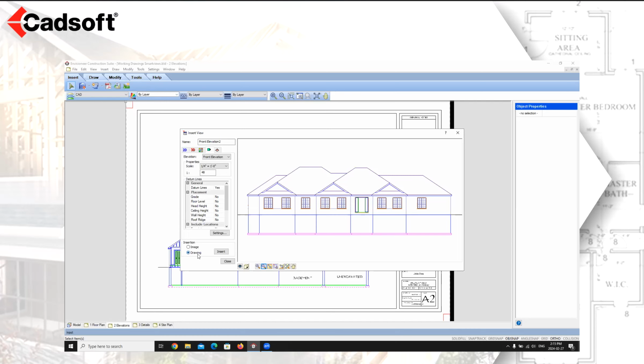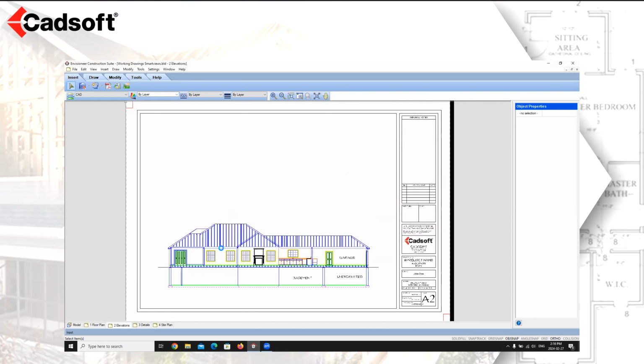And we're going to go up and we're just going to insert this as a drawing, but I'm not going to do it at a 1/4 inch. I'm going to insert it at 1/8 of an inch. And I'm going to say insert. And now what I'm going to get is my elevations at 1/8 of an inch scale. And I'm just going to go in and add in the rest of my elevations